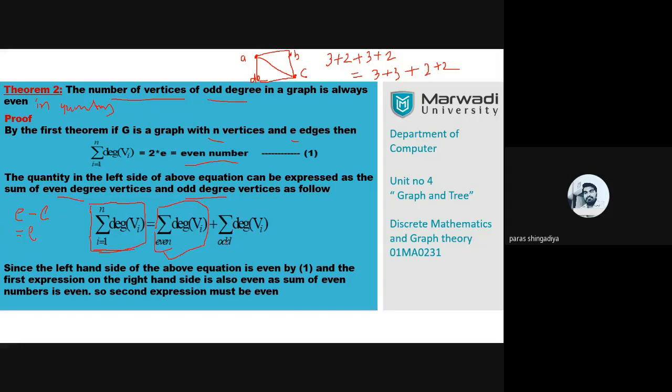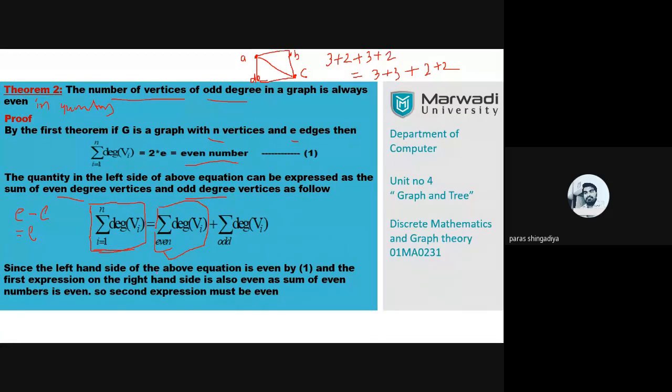So what is this value? Here such vertices are involved whose degree is odd, and its sum will become an even number. That is the answer of this third summation, that is an even number. Why? Because this is an even number, and this box is equal to this one. So now subtract both. Even minus even will also become an even number. So that is explained here.